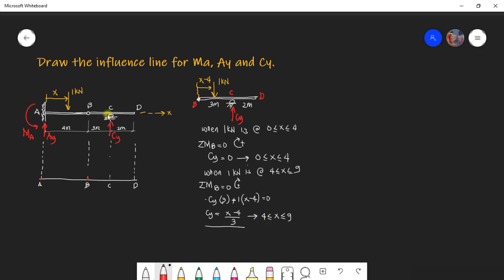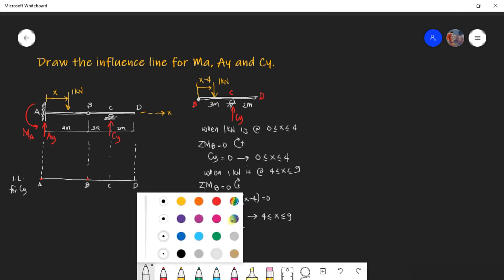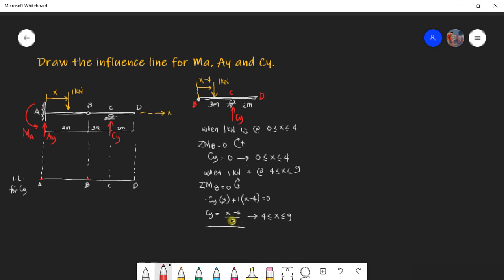Now when the unit load is at C, which is at X equal to 7, 7 minus 4 is 3, divided by 3, that is 1. So when the unit load is at C, the value is 1. This is the IL for CY. And last, when the unit load is at D, which is at X equal to 9, 9 minus 4